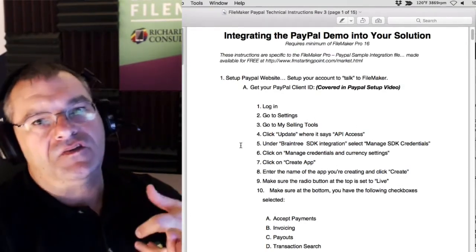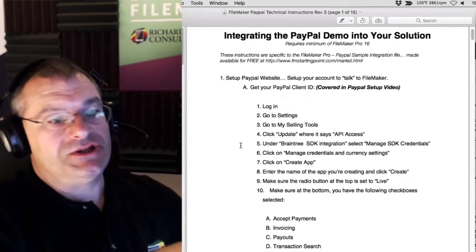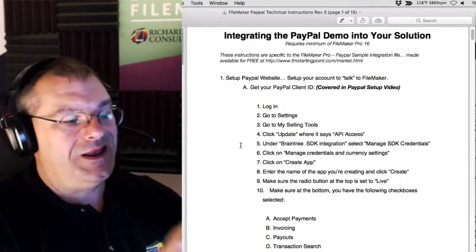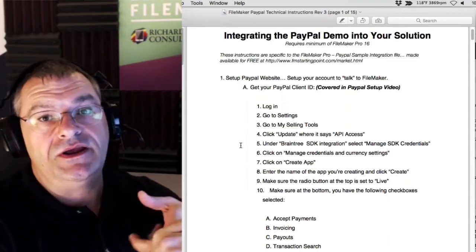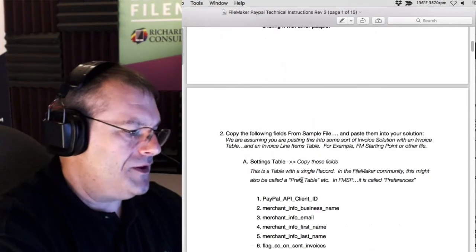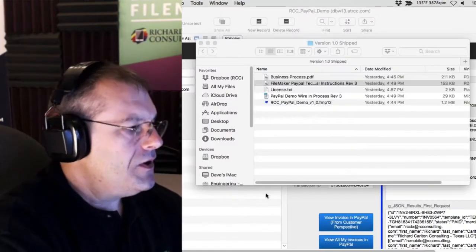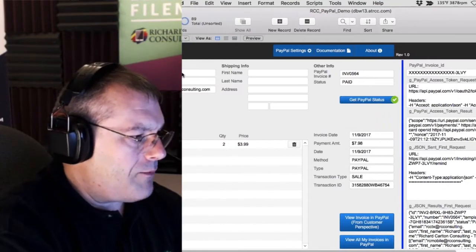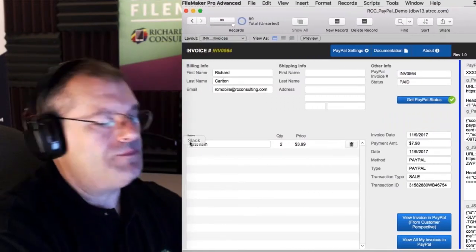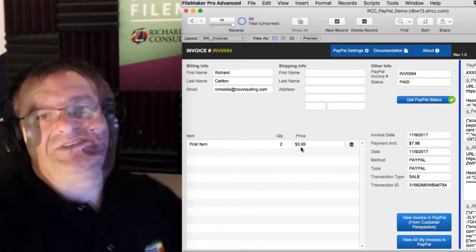You have to have FileMaker 16. You're going to do this in Pro 16. But once it's built, you can take the solution and run it in Go 16 pretty easily. And it did work in WebDirect as well, which I was pretty happy about. So anyway, this goes through the idea that you're going to copy these fields and do this and do that. The bottom line is you're going to grab all this information here, and then you're going to grab up the line items, and you're going to package them into an HTTP request,